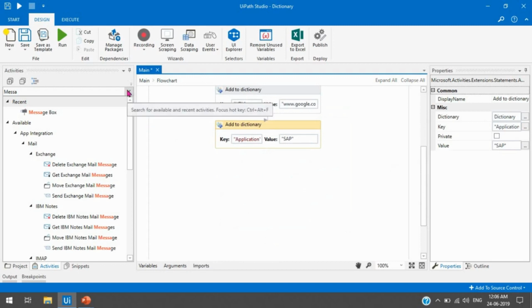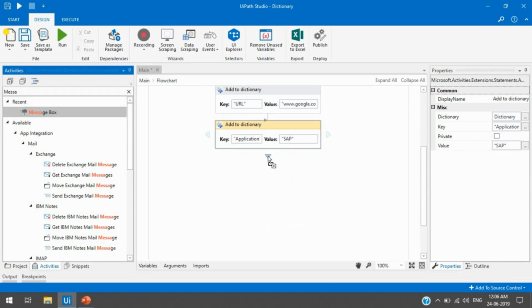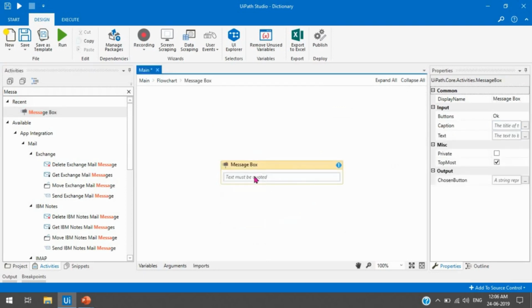So I am going to take one message box, and here I am going to take this dictionary, and in the open close bracket I am going to just take application, not putting A in uppercase, and run this.